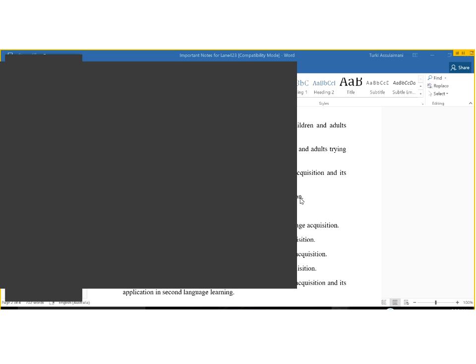Immersion is when you learn or listen to the language, study the language for many hours a day. For example, you study like engineering and medical students. They study medical sciences and medicine using English. So their English develops while they are also developing their knowledge. This is what we call an immersion program.